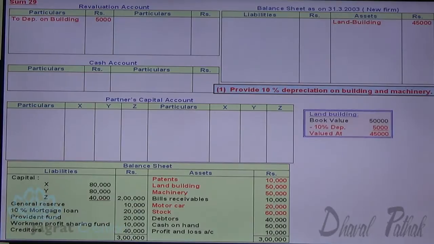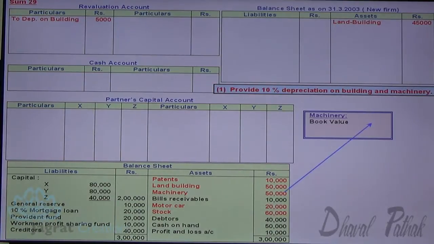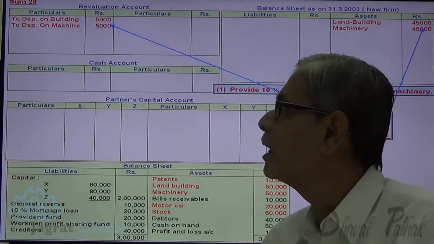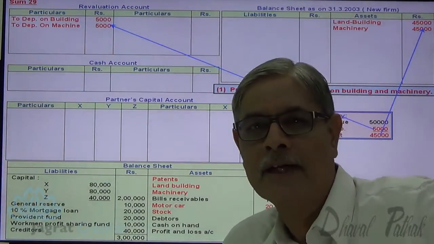Now same way, machinery book value is 50,000. 10% depreciation there on 5,000. Value of machinery after decline 45,000. That appears in the balance sheet. And 5,000 is debited to revaluation account. Journal entry for that is revaluation account debit to